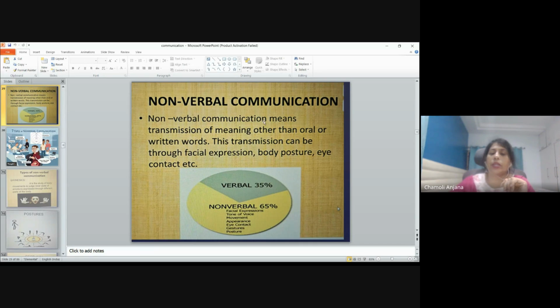Non-verbal communication includes communication through your facial expressions, your body language, your sitting posture, the expressions of your eyes, and the way you use your hands or legs. All these convey some messages. We might think that because I am not talking, I am not conveying any messages, but we are absolutely wrong. Even though we are not using words to communicate, our body language is constantly sending messages to others.